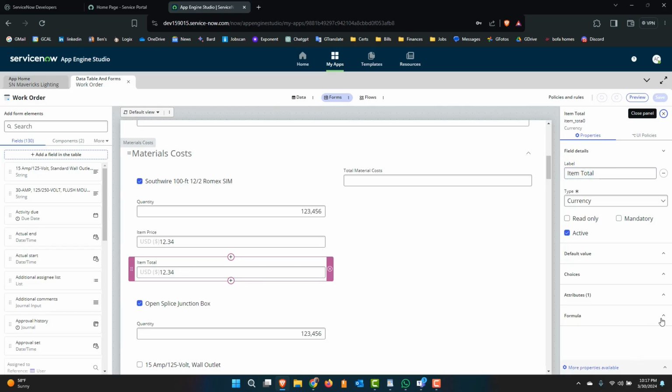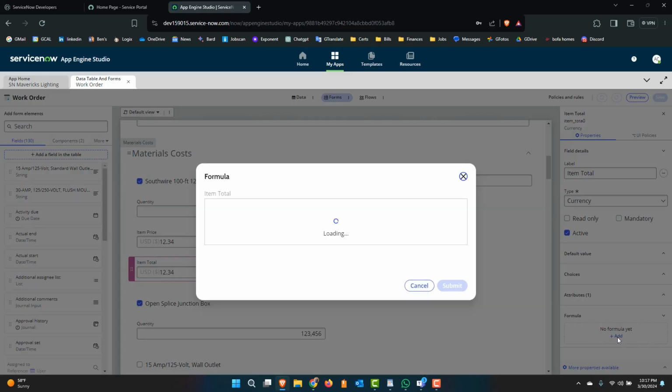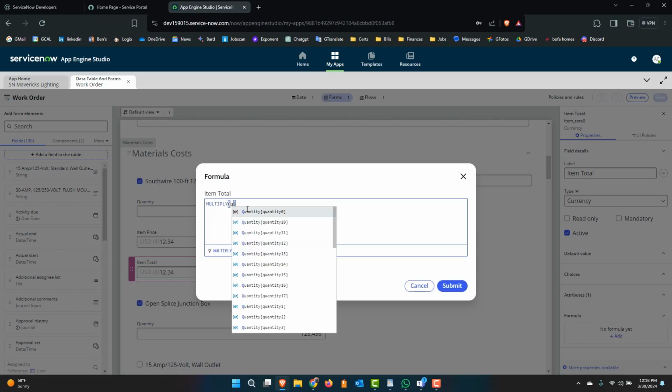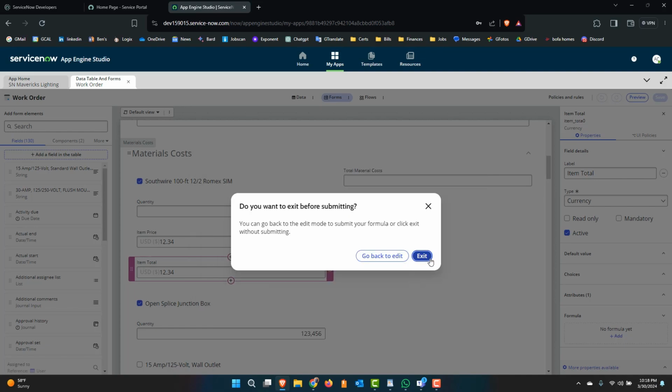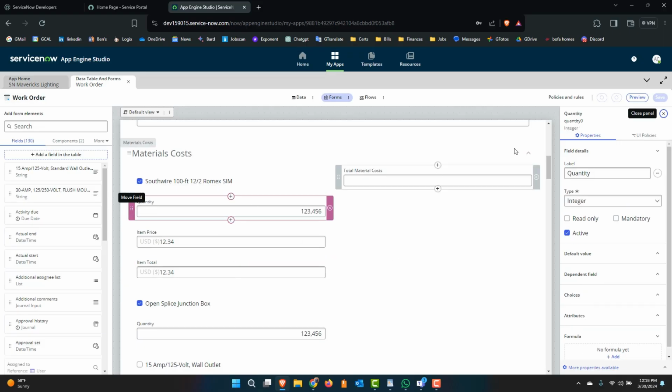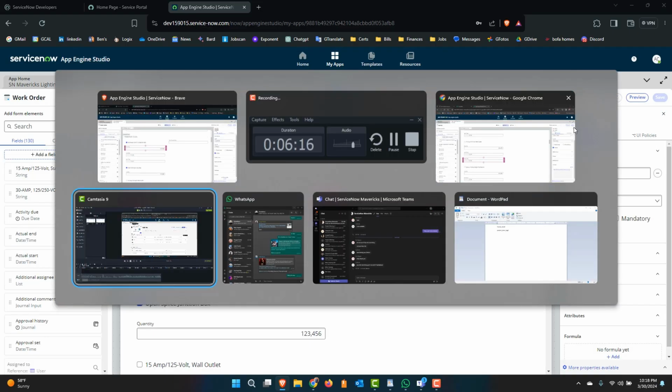Actually, before I do that, I'm going to go ahead and add the formula. So again, the formula is going to be a multiplication formula, and we're going to multiply the quantity, which should be here, I believe. Before I get there, let me go ahead and get the names here. I want to make sure I get the right names. Yep, it's quantity 0. Let me go ahead and just copy this and put it onto my,